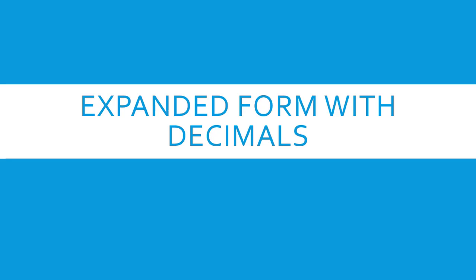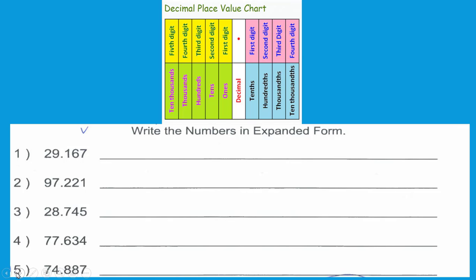Today we're going to do expanded form with decimals. So let's look at our place value chart here. We have our decimals here. Then we have our wholes: ones, tens, hundreds, thousands, 10,000s. And then behind the decimal we have our tenths, hundredths, thousandths, 10,000s. So we're going to take our decimals that are written there in standard form and we are going to put